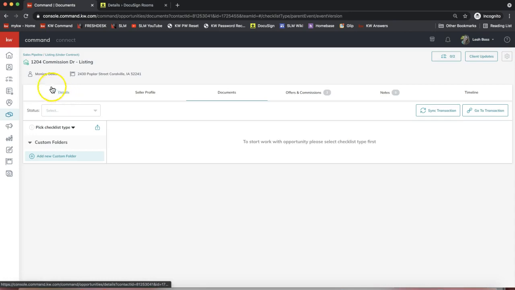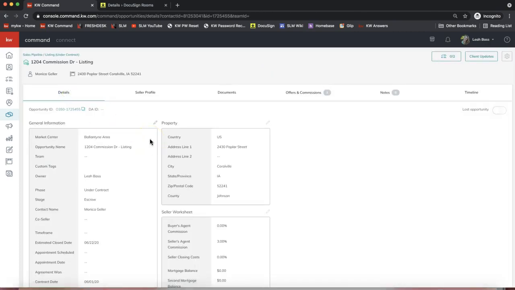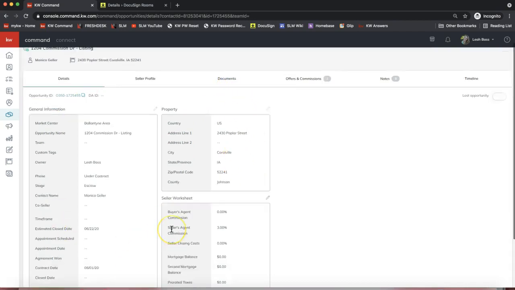What the Sync Transaction will do is, let's say you made some updates to the details of the opportunity. Let's say the contact information for your client has updated. They got a new email or a new phone number, whatever the case may be. If you were to update anything in the details section, this really comes in handy. For example, if you start an opportunity for a buyer, typically you don't know the address right out the gate, so you can always add the property information back to the opportunity,